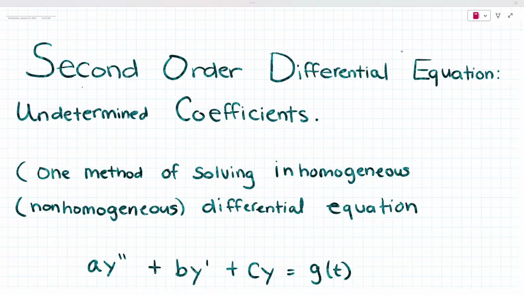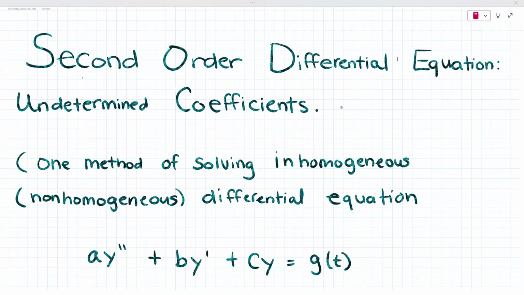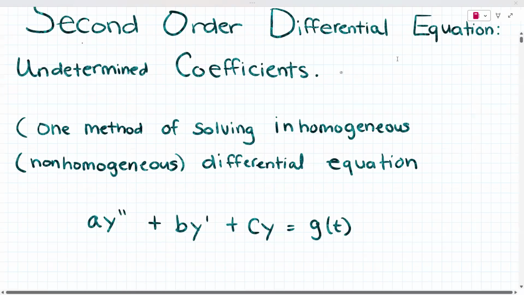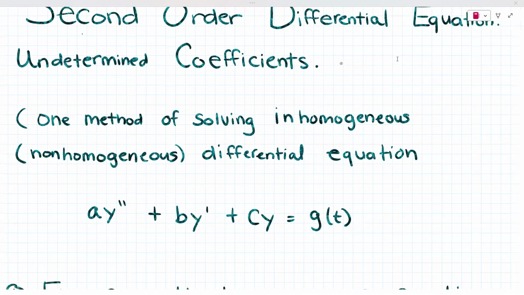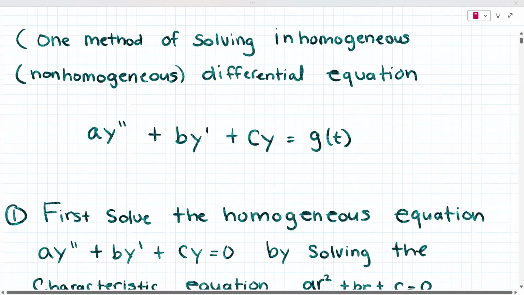So in this video, we will go over how to find a solution of a higher order non-homogeneous linear differential equation with constant coefficients, also known as undetermined coefficients. So we're going to figure out how to find undetermined coefficients. It's basically one method of solving a non-homogeneous differential equation. So far you're used to something like this: ay'' plus